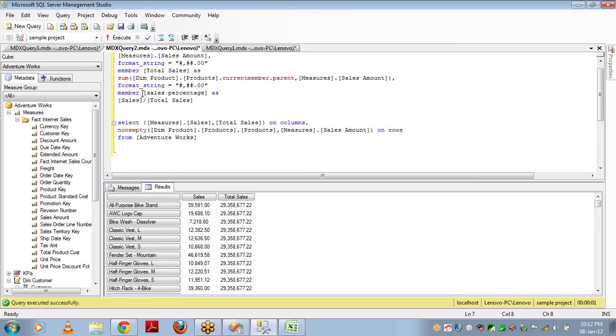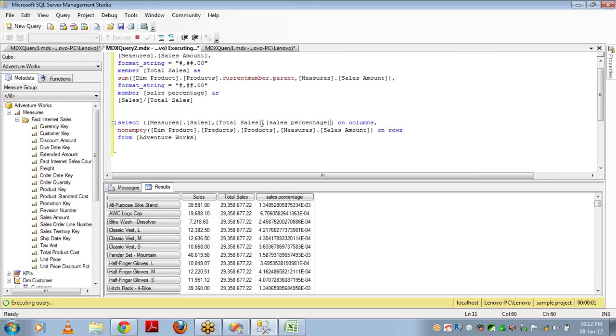So if you see this, if you select this, it is giving me something like 10 to the power of minus 3. And you know for percentage you have to multiply by 100.